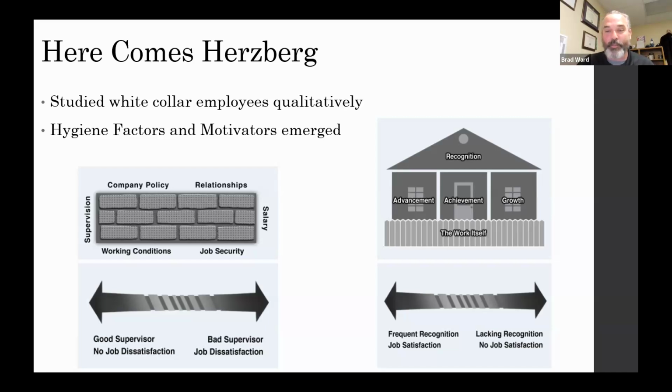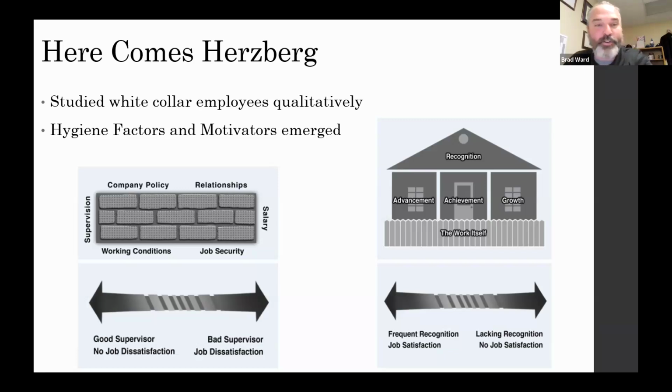And then, of course, the ability to grow, not just in the job, but as a human being at work. And then, do we really feel like we're achieving something that's not just for ourselves, but we're producing a product or services that benefit society as a whole? So here's how this goes. If these are present, we could finally get to a satisfied employee. But we're not going to really care about this if we're not paid well, we have dysfunctional relationships, or our policies are unjust or unfair.